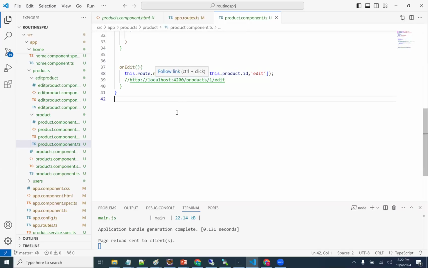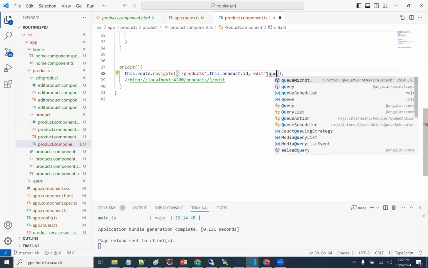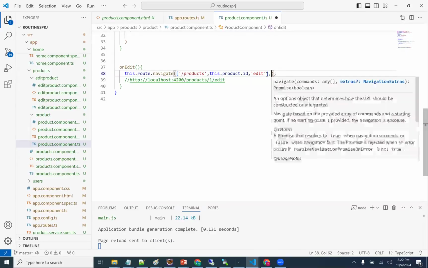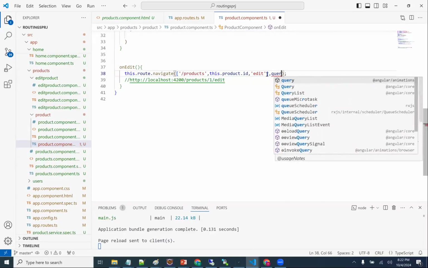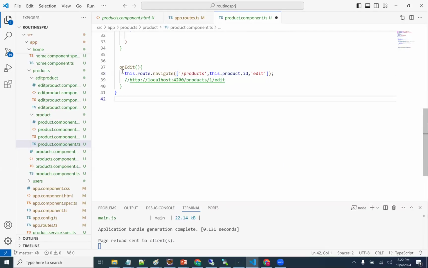Something for query param should be there. By default, it should be applicable in the relative path.